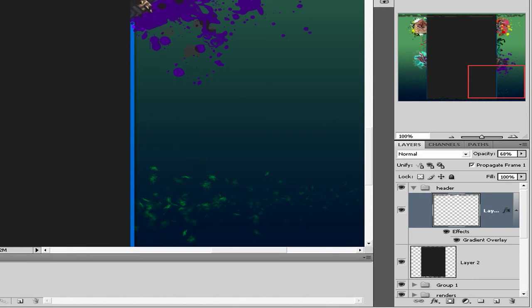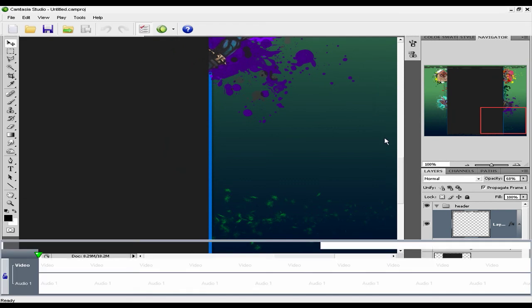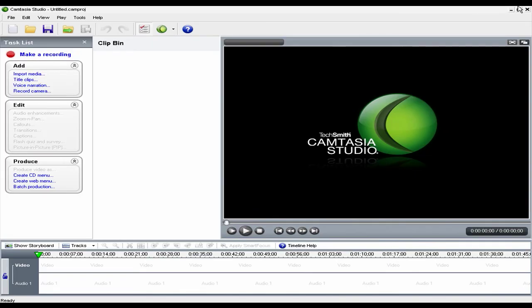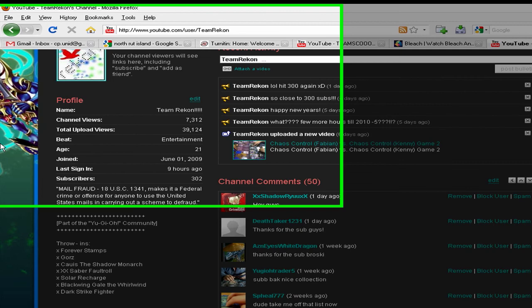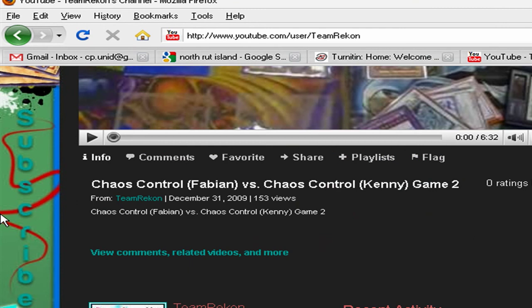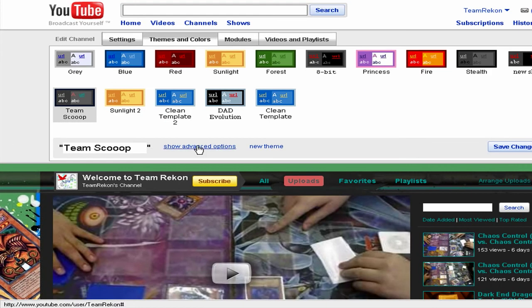And to see it applied to the YouTube page, I'll show you right here. If you have this template, your screen will show all the images. My resolution is not set to be seen at that, but